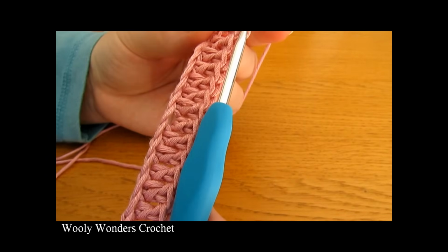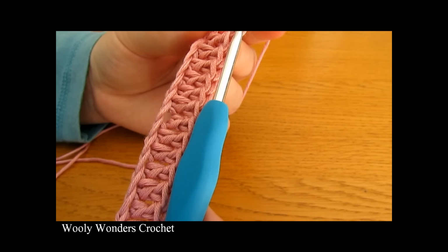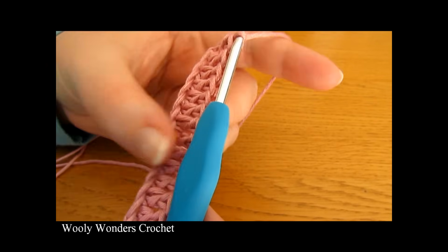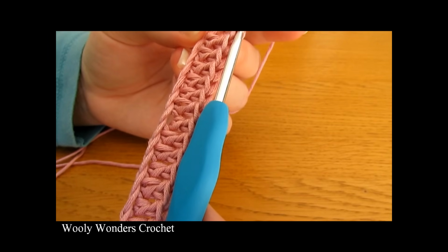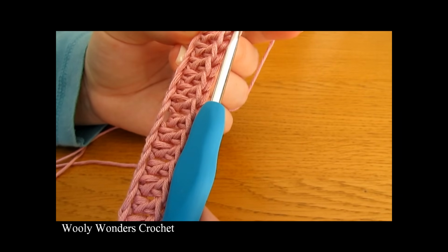So I have just finished working that all the way along for round one, and you should find that you have one less double crochet than you chained. So you should now have an even number of double crochets, and we are now ready to move on to